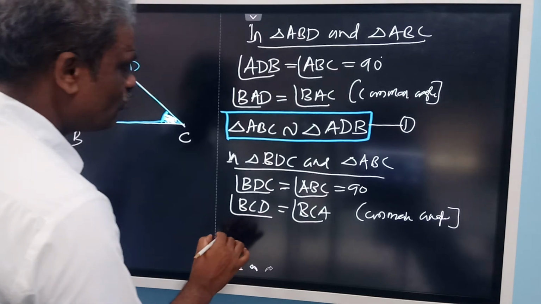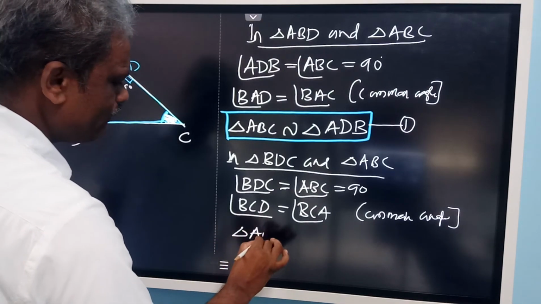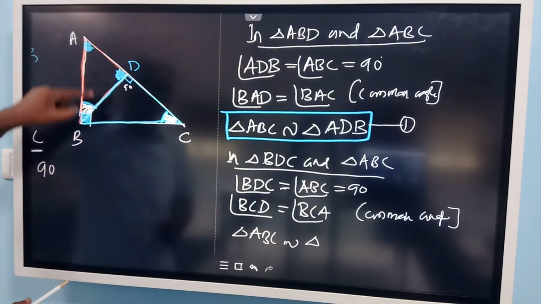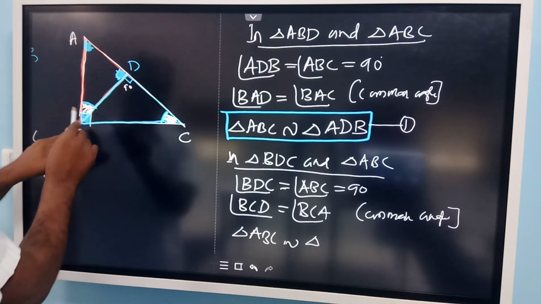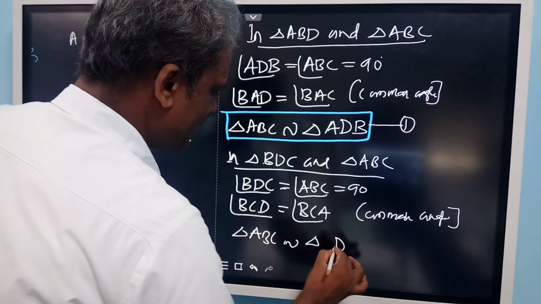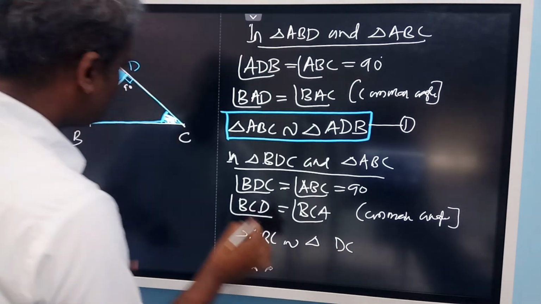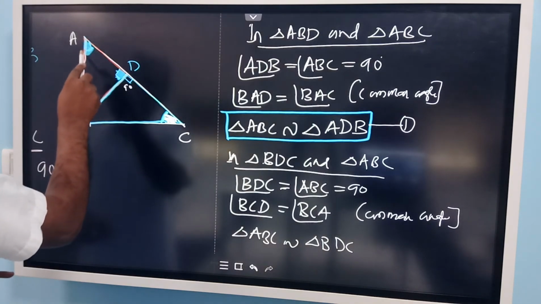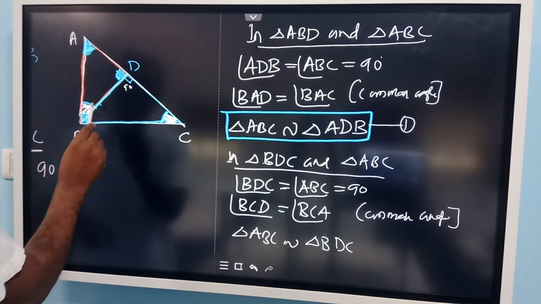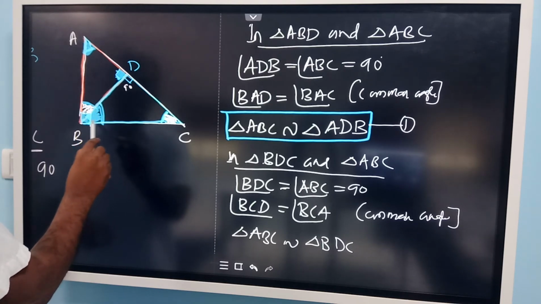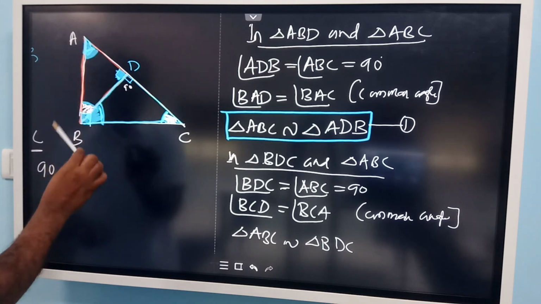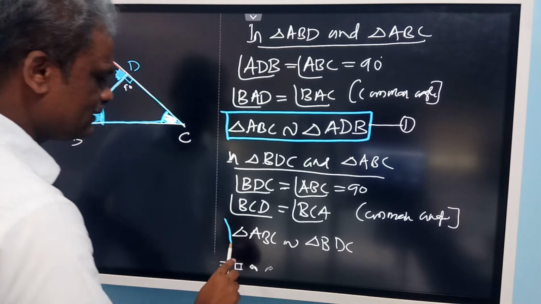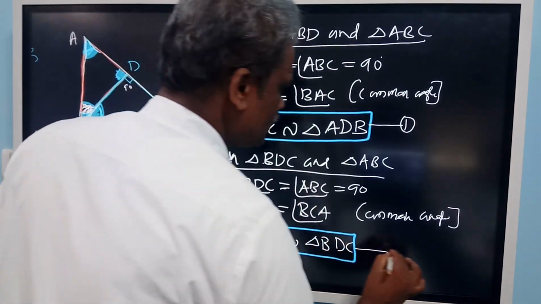Therefore, by AA similarity, I can write triangle ABC is similar to triangle BDC. Here D is 90 degrees, B is 90 degrees, so in place of B I can write D, and in place of C I can write C. So what is left out in the triangle is B. That means angle A of triangle ABC is the same as this angle. So these two angles are the same. So we proved the second similarity; the triangles are similar. You call this 2.